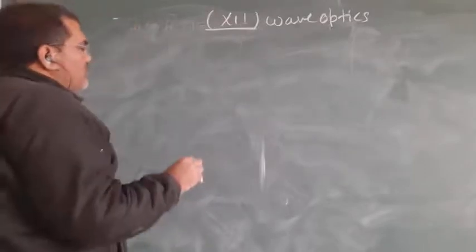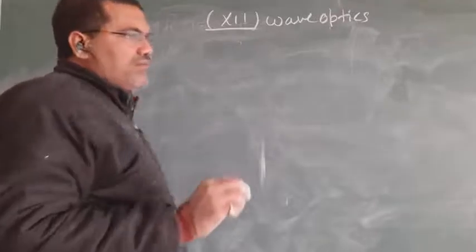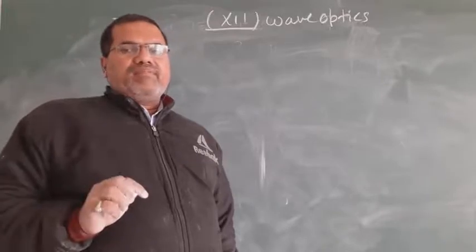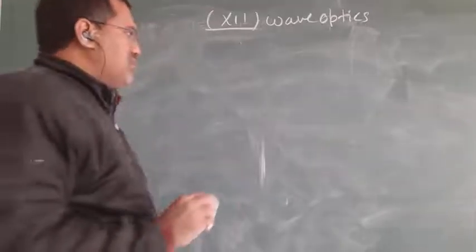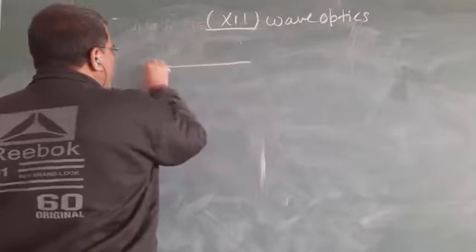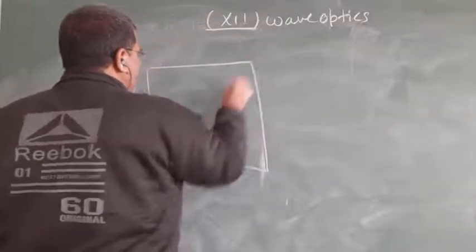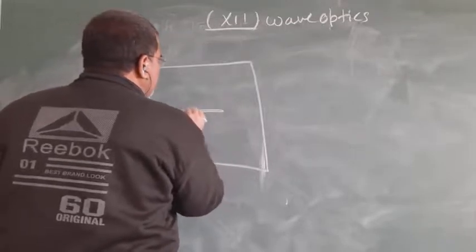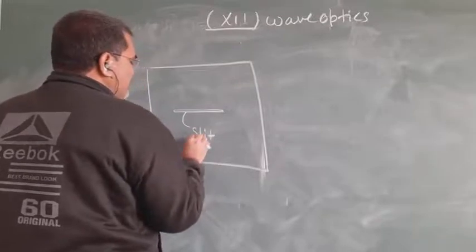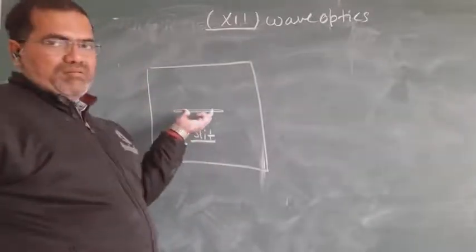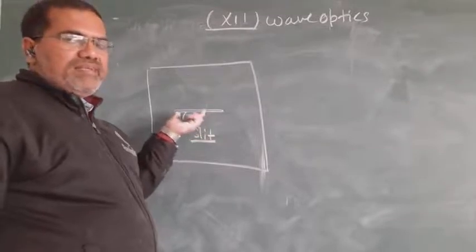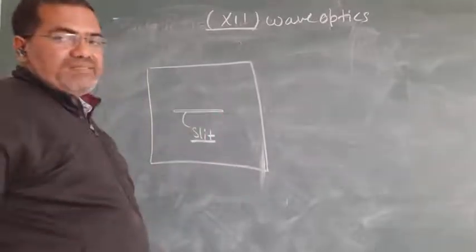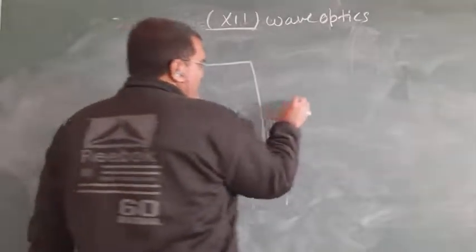Actually, slits are like a rectangular shape, of very small size. Like this is cardboard. So this would be the slit. Slit is like that, very small and rectangular in shape. So the fringes obtained on the screen will be of a similar type, that is rectangular, like that.